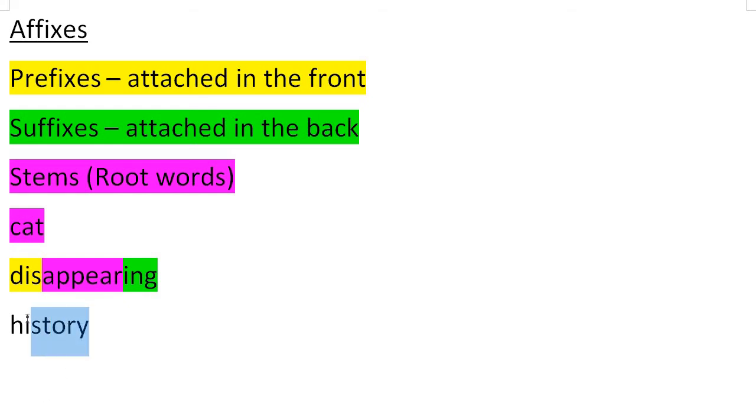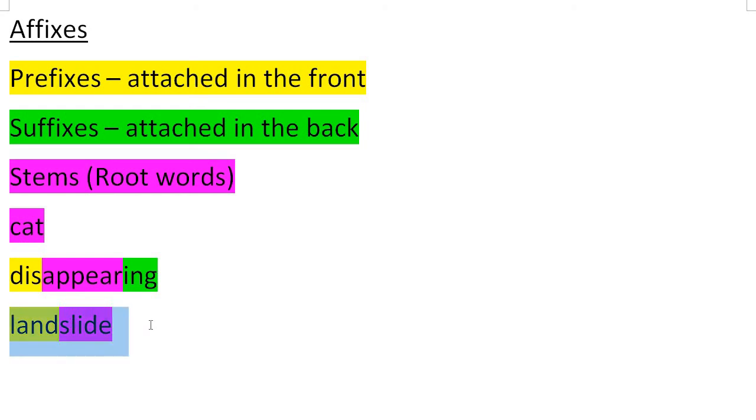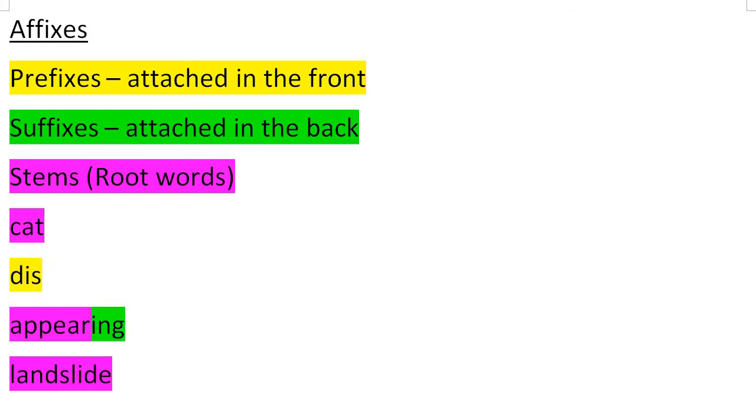And you also have to be careful not to confuse prefixes and suffixes with compound nouns, and I'll show you what those are. If I look at something like landslide, then you might say like, oh, but slide is my root word or my stem, and land is my prefix. But it's not, no. They are two words on their own. Because if I were to separate these words from each other, let's see, okay,